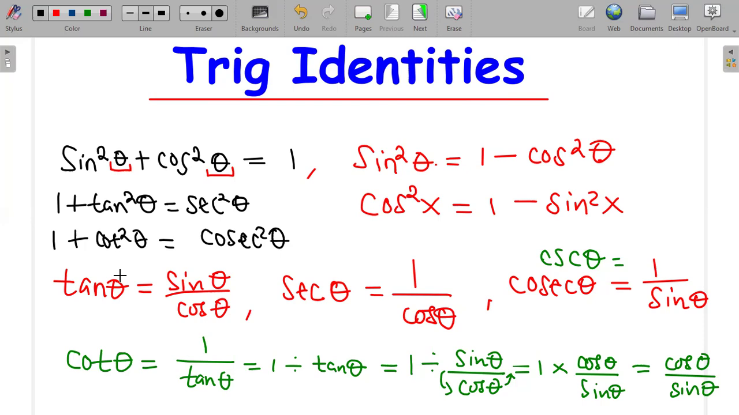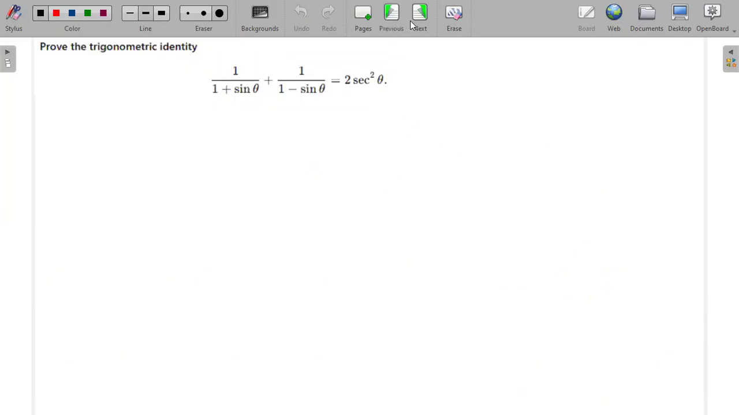Okay, so now that we know the basic trig identities, we can move on and try to prove some of the identities. Okay, so the first one is this one here. Okay, please guys, if you don't understand, just unmute yourself and ask the question. Okay, so the first one says prove the trigonometric identity 1 over 1 plus sine theta plus 1 over 1 minus sine theta is equal to 2